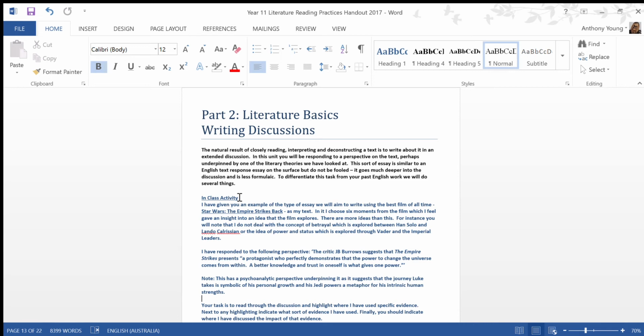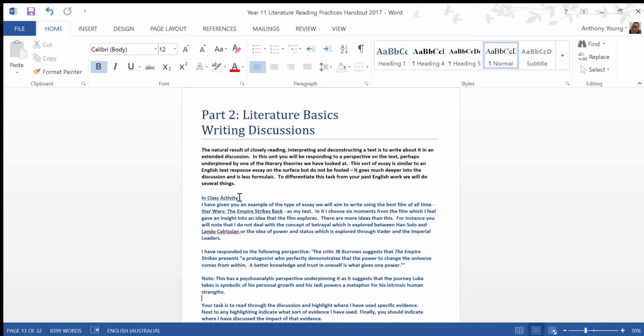Think about it this way. The examiner or I want to see your developing understanding of the text. We want to see you putting the pieces together. If you think about this like maths, we're more concerned with the working than we are with the correct answer at the end. So what I've done is I've written an essay on a non-literary text, the second original Star